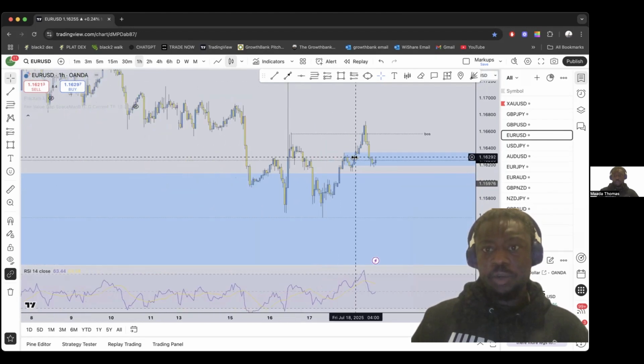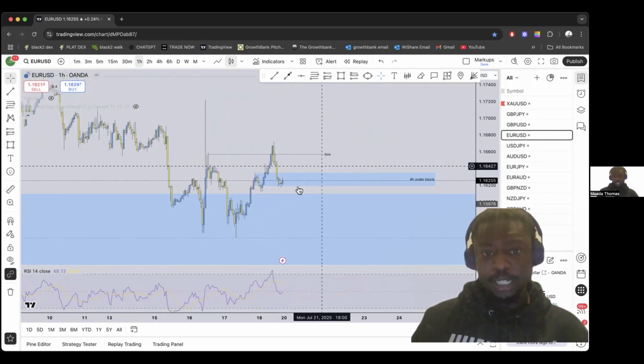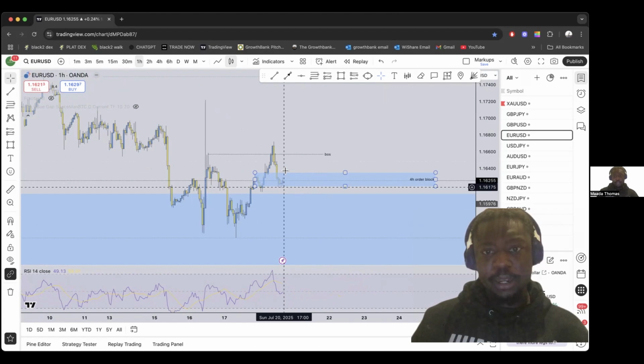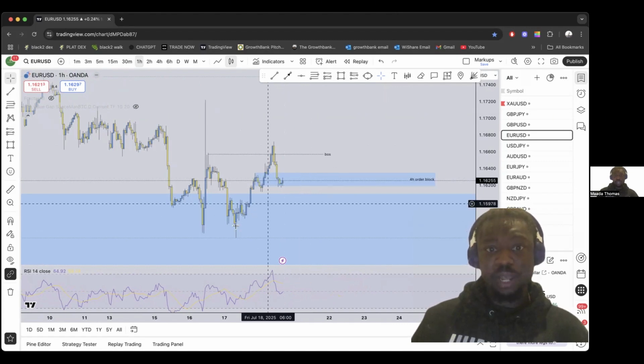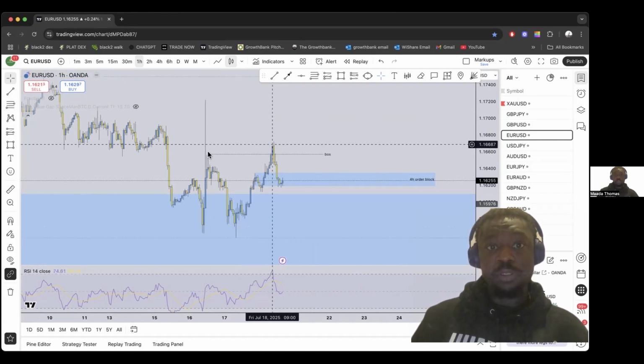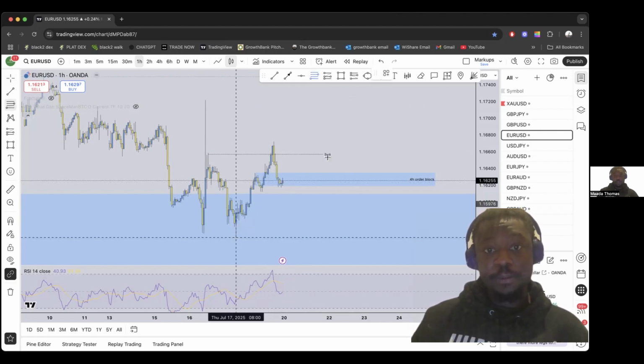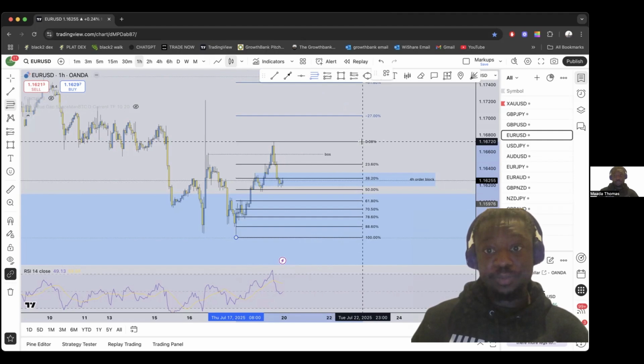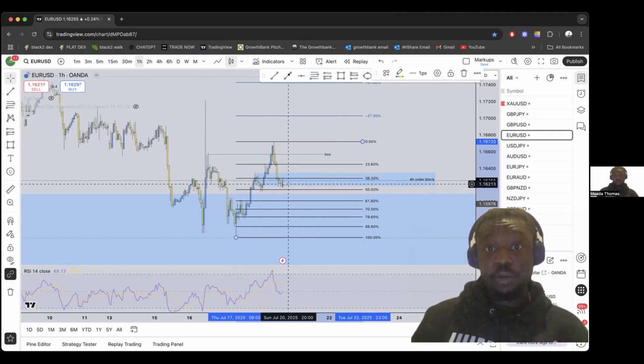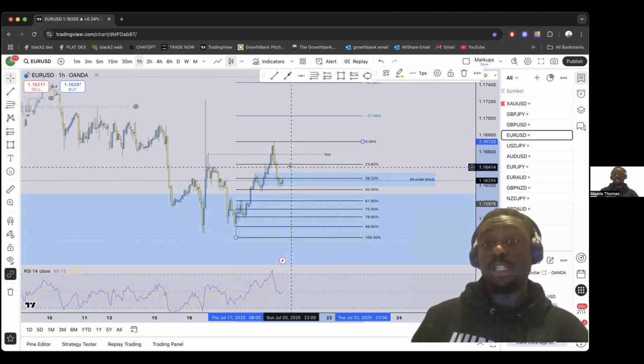So now that we're in this order block, what we're going to be expecting is price to push out past this. So we had an impulse, broke the structure, correction into the order block, and now we're going to expect a continuation. So let's go ahead and draw fib down here to here. 38.2, right? But ideally we want it to push outside the order block,